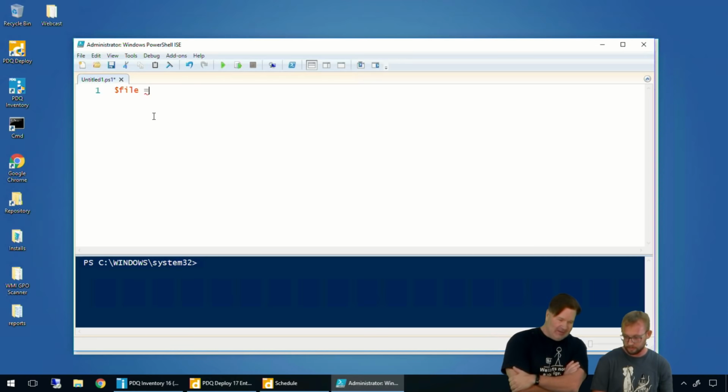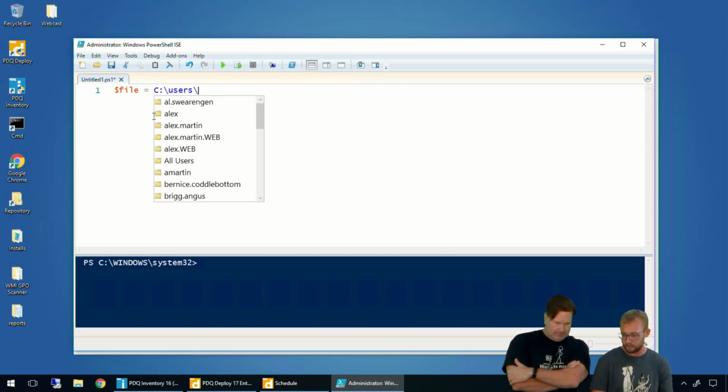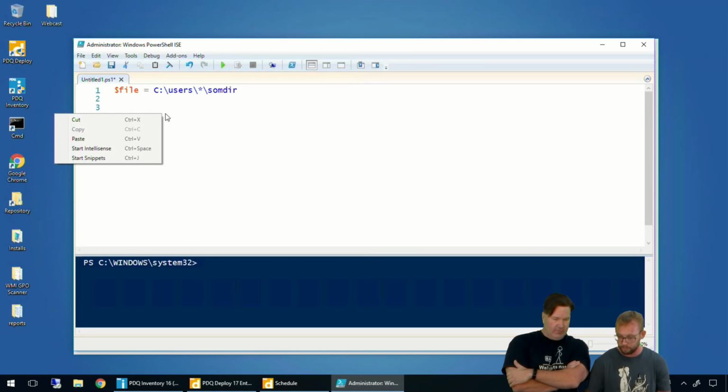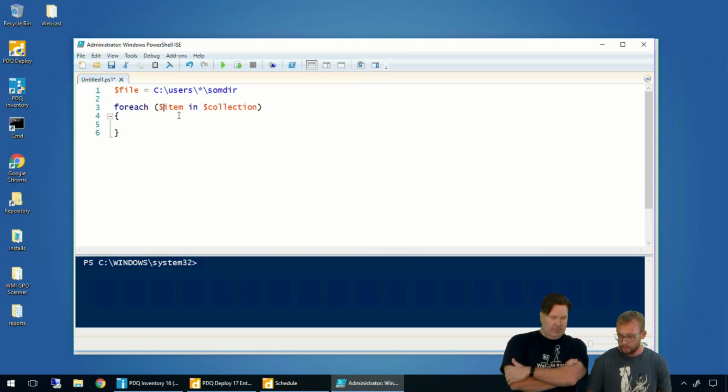All right. So file, colon, users, C, users, splat, some dir. And then after here is for each. So your for each loop. So for each item in files,